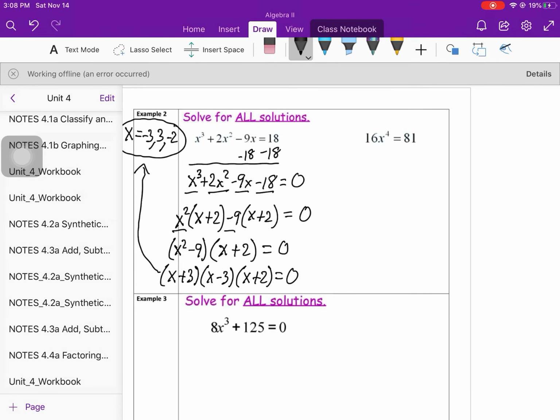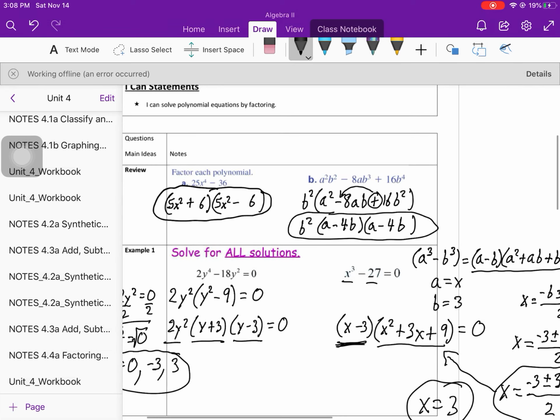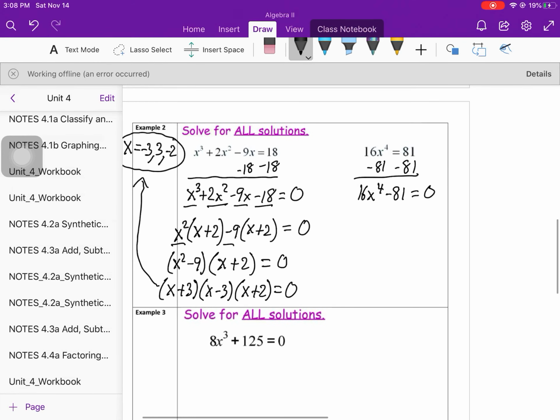Okay, I'm going to do this next one here with you. 16x to the 4th equals 81. For this one, again, we need to move that 81 to the other side. We end up with 16x to the 4th minus 81 equals 0. For this problem, 16 and 81 are both perfect squares. So this is just like what we were doing up here in the first review problem, part A, because it's x to the fourth. So let's get the double parenthesis